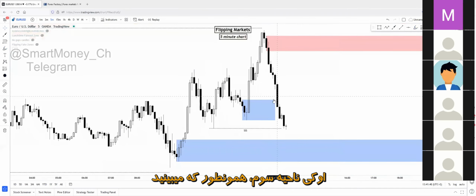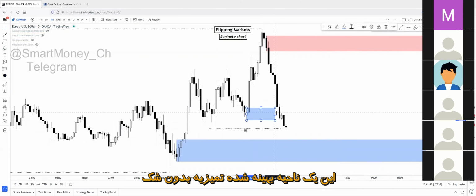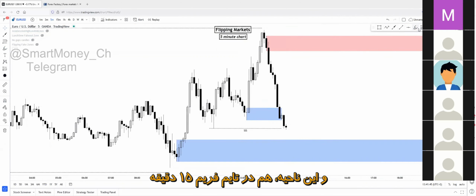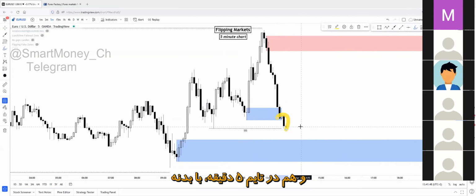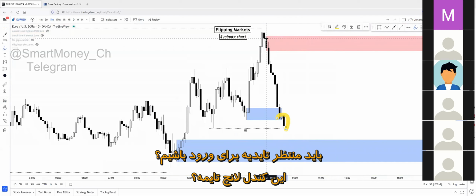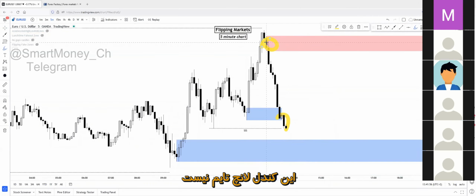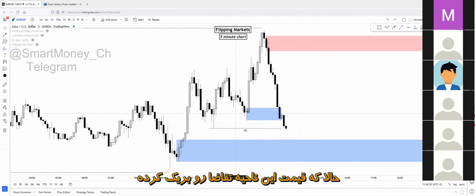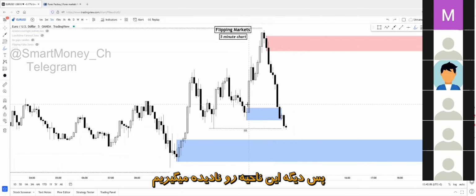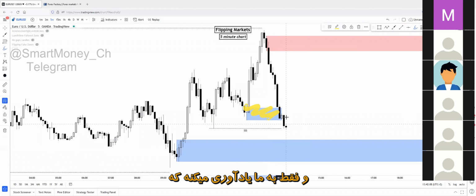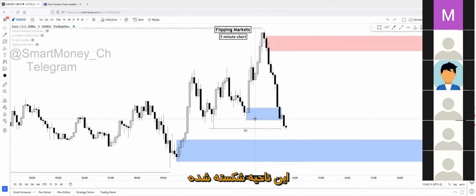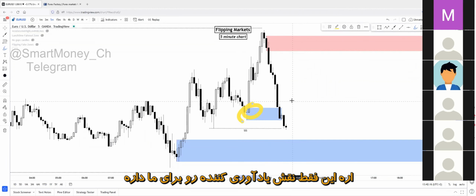Okay, third zone, as you can see, this is a clear refinement without any doubts. And this zone has been broken on the 15-minute and the 5-minute chart too. So the body broke. Lunchtime candle, we wait for confirmation entry. This was a lunchtime candle. This one isn't a lunchtime candle. But of course, we wait for confirmation entry on a 15-minute/5-minute zone every single time. So the break of this zone has happened, so we can actually ignore this zone in the future. This will be just a reminder for us that this zone has been broken and the body break of this zone has happened.